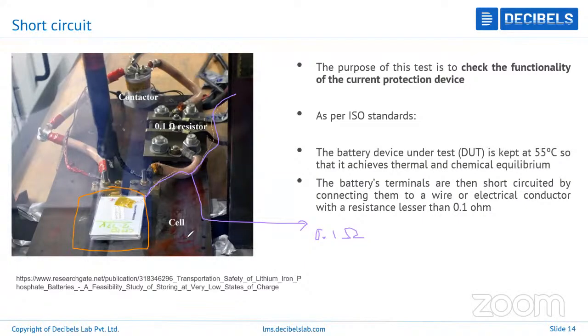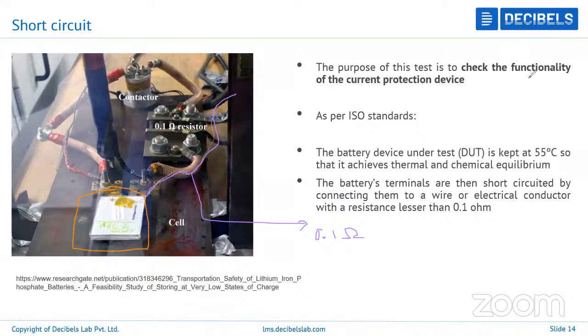That's what short circuit means. It means nothing but a formation of a low resistance path, and that low resistance path can cause a high amount of current to be discharged from the cell. This is a dangerous situation that can occur in electric vehicles when the battery pack is not insulated correctly. So basically this short circuit test is performed in this way, and the objective or the aim